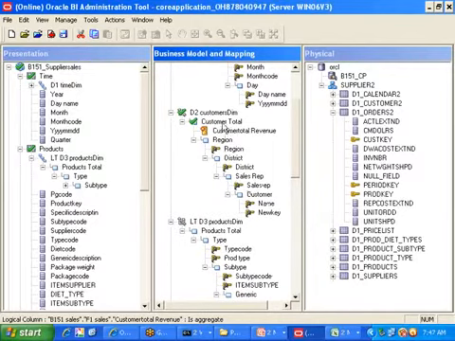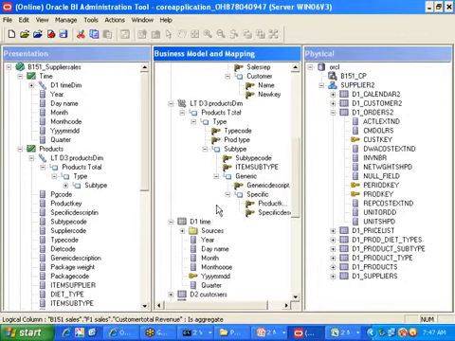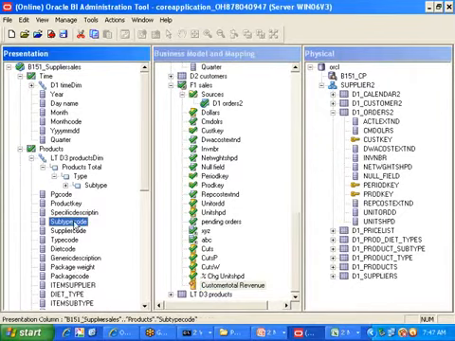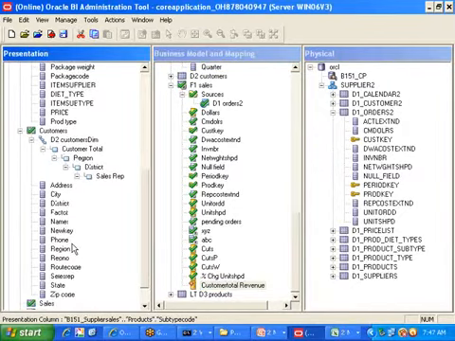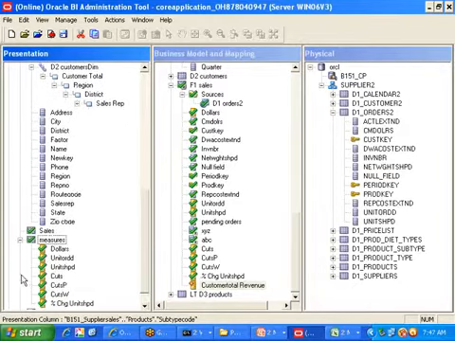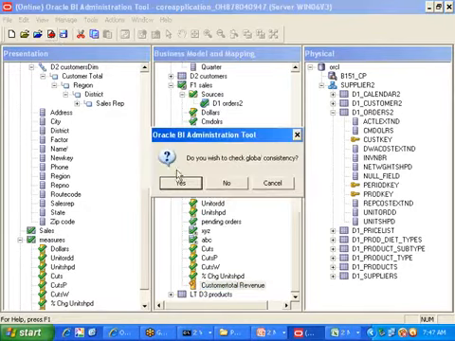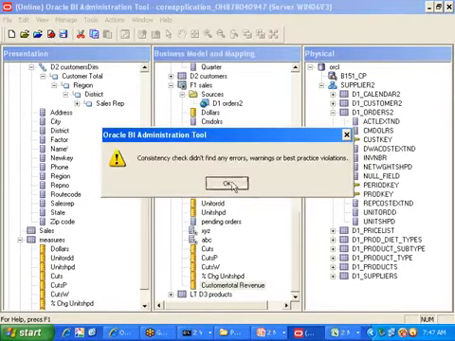Under customer total. Are you clear? Now what I am doing is dragging and dropping this into measures. Now go for checking changes, click Save, click OK.